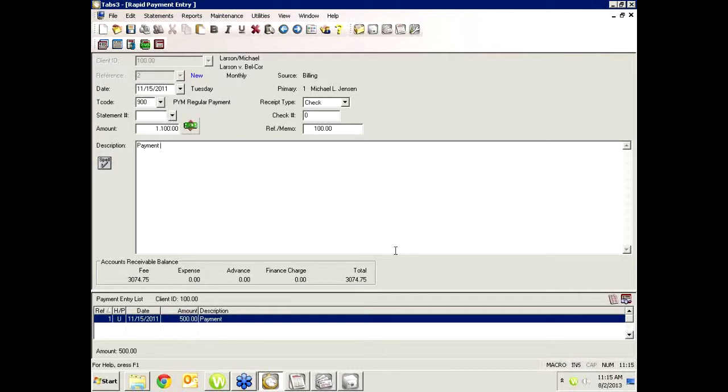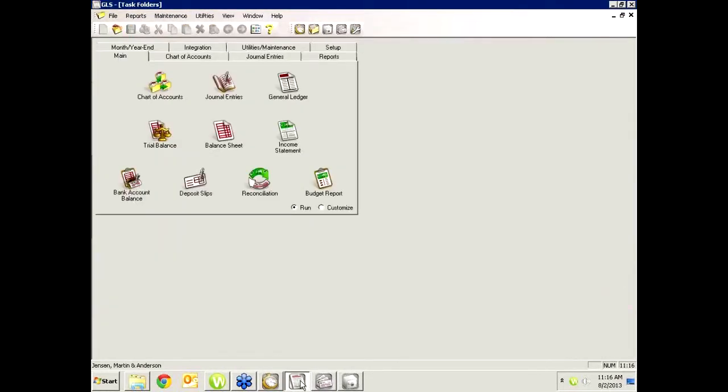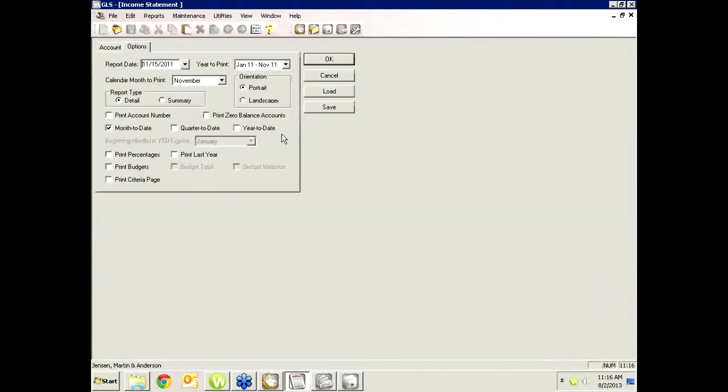Now, keep in mind, of course, we would have, in the meantime, printed a bill, sent it to the client, updated the statement. I happen to have other amounts of money that are due for Michael Larson, so this will work. But keep in mind, I have not really done all the things that I would do in between. We put in a check number. We edit the description any way we want, payment received, check number, whatever, because this check number is for internal purposes, whatever you want to appear on the bill, and we save it. And you don't see it, but in the background, it goes over to GL and posts that